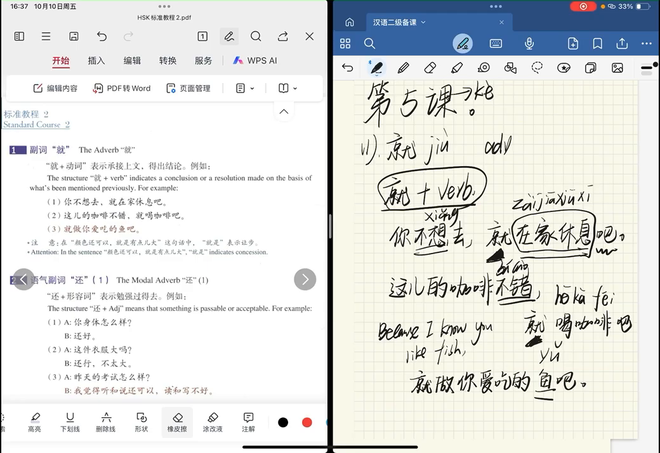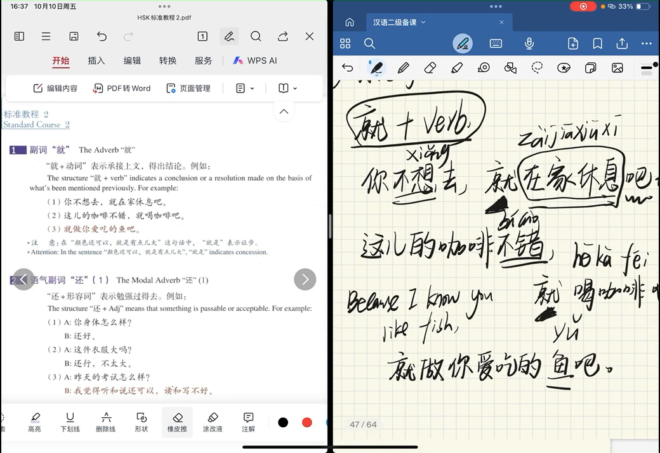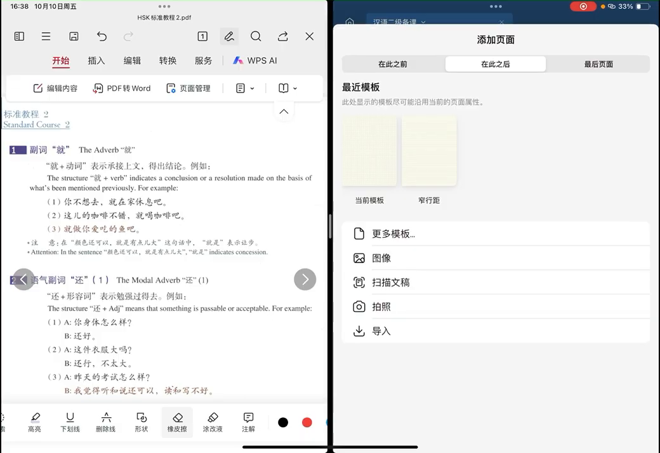Okay, so for example, if we go out to eat, and I know you like chambo, so when ordering, I can say 就吃 chambo 吧。If we go out to eat and I know you like chambo and we haven't decided what to eat, when ordering I can decide, let's have chambo. 我知道你喜欢 chambo，就吃 chambo 吧。